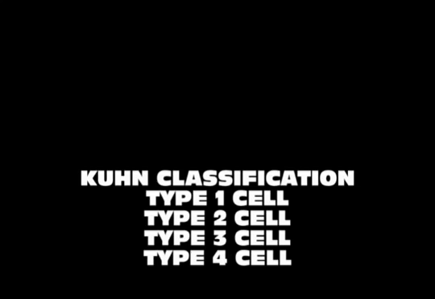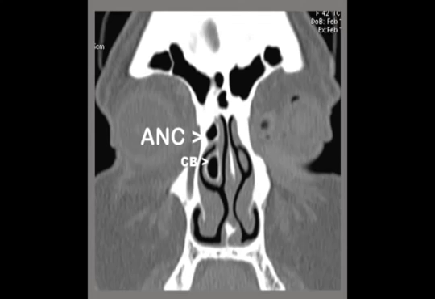is an isolated cell inside the frontal sinus, or according to P.J. Wormald's classification, the vertical height of that cell inside the frontal sinus is more than 50% of the height of the frontal sinus. Then it comes under the classification of type 4 Kuhn classification. Remember that all anterior group of cells push the frontal drainage pathway posteriorly, medially or laterally. Here is an example of the ANC, agger nasi cell,